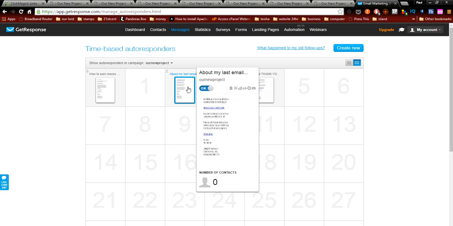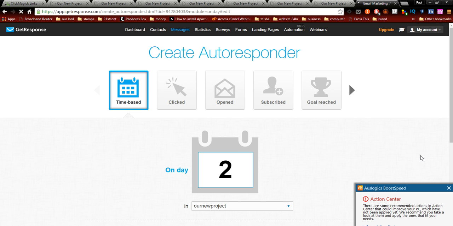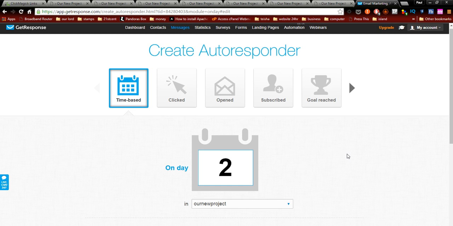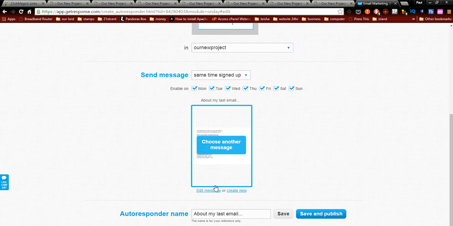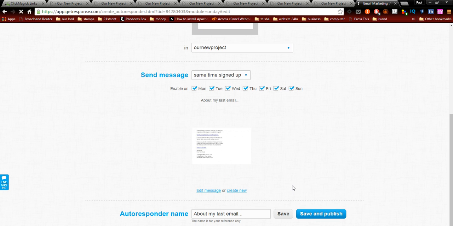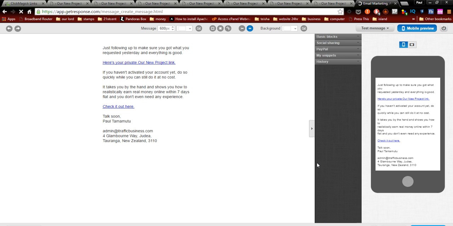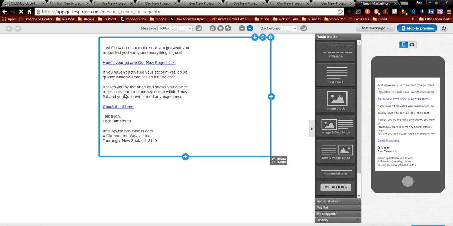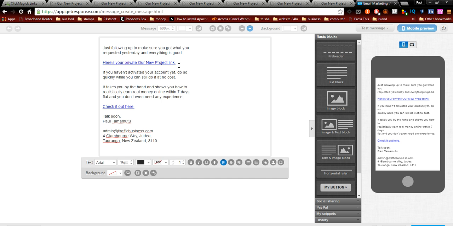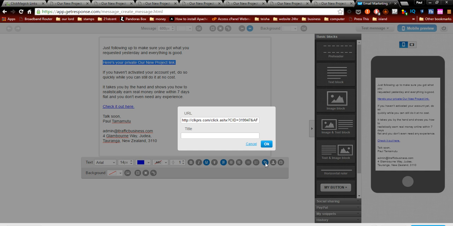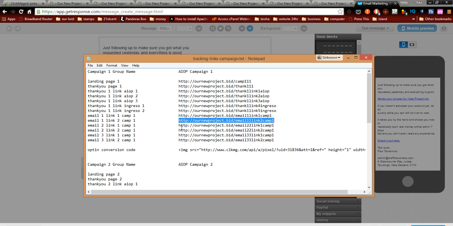Then we go to our second email, click on edit message, click on next step, and there's our 2 links in this email. So we need to highlight the top one, click on the little links gear, go to our notepad,